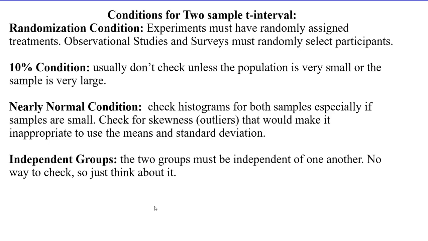Independent groups. So now we have 2 groups going on here. This is because of the Pythagorean theorem of statistics. We cannot add the variances of the two different samples together if the groups are not independent. So we have to believe that the 2 are independent of each other. For instance, if we were talking about the average ages of when a husband and a wife get married, what's the age of the husband and the age of the wife? Those 2 are not going to be independent of each other, because older men are typically going to get married to older women,